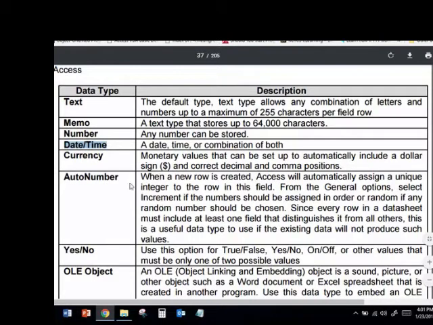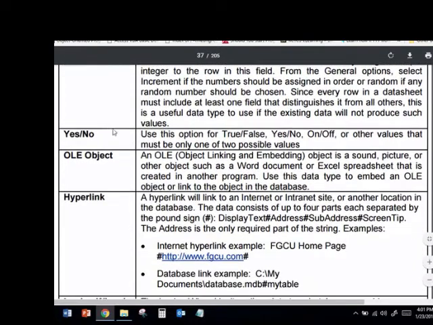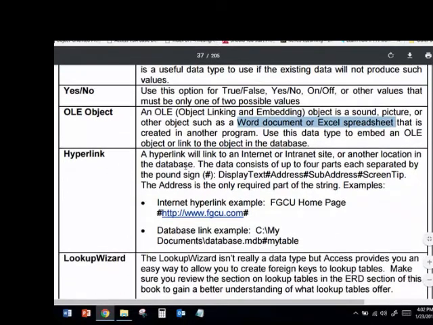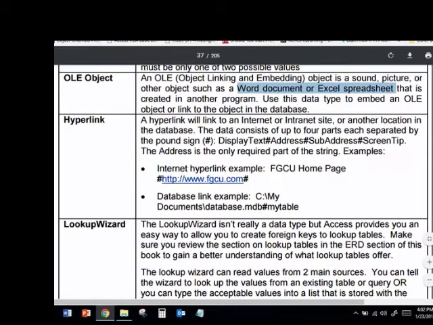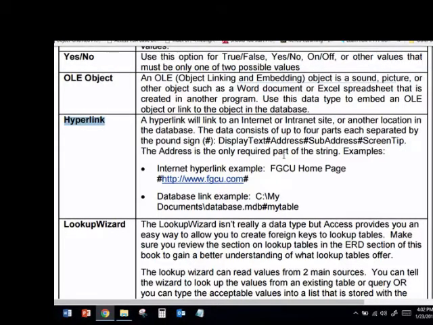Okay, there's a new one, long text, that has replaced memo, and they can store a large number of characters. Another one, this OLE object, you could actually use to store an Excel spreadsheet or a Word document. Okay, so that's a great way to organize your company's documents. Here's a hyperlink. You can store a link to a web page